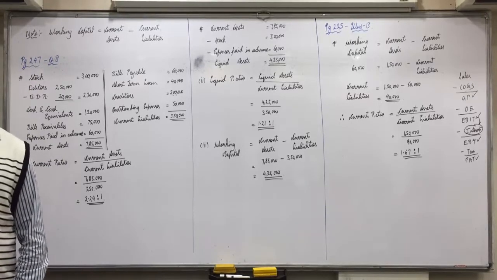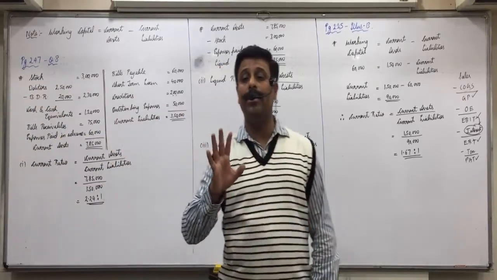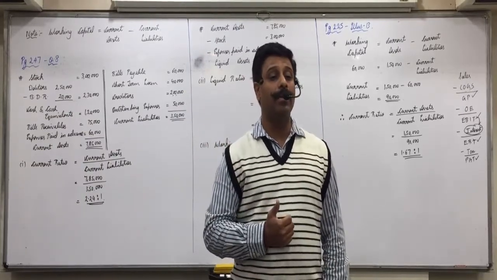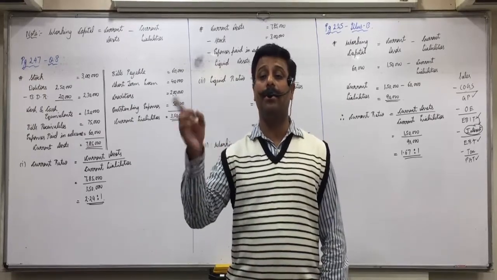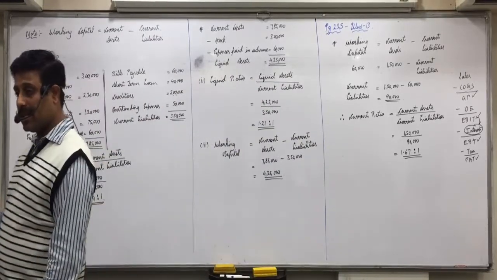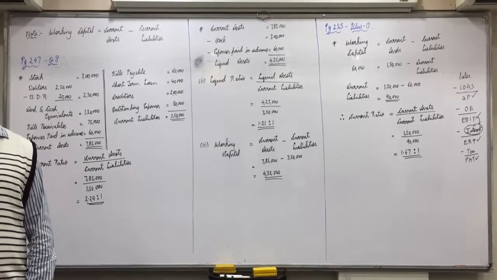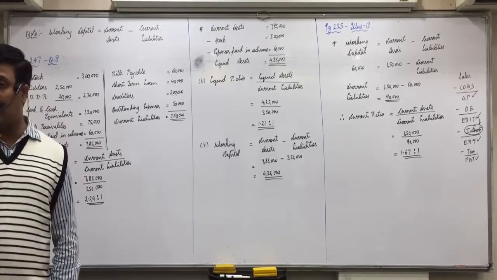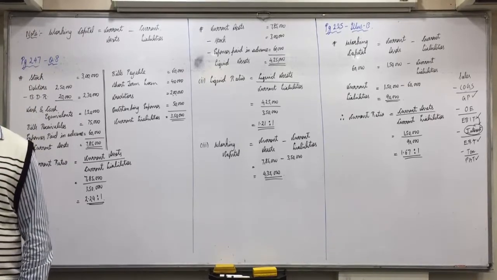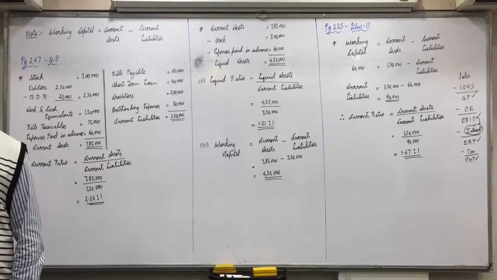Equity and owners' funds both are same, and that will be shareholders' funds. That is owners' money in the business. What does shareholders' fund include? Share capital and reserves and surplus. So equity will also be share capital plus reserves and surplus. And in the proprietary ratio, owners' fund will also be share capital plus reserves and surplus. Both will be one and the same. And the rest we have already discussed. So only these two things you have to understand. Assets, the total of assets: non-current assets plus current assets.